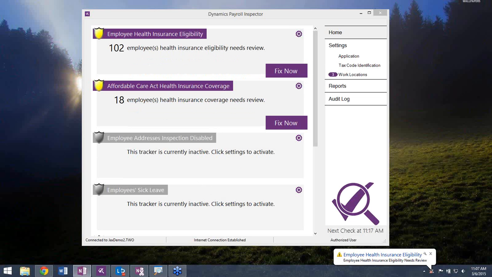So the next piece, once we get out of the eligibility, is the tracking of the minimum essential coverage, the minimum value plan, and the affordability. So we have to make sure that we're offering employees not only correct insurance, but insurance that meets those guidelines. We then have to make sure that once we offer the employees the benefits that meet those guidelines, it's falling into what we call an affordable range. And this is going to be based off that 9.5% of income that, again, is something that I'm sure you've heard or discussed at some point.